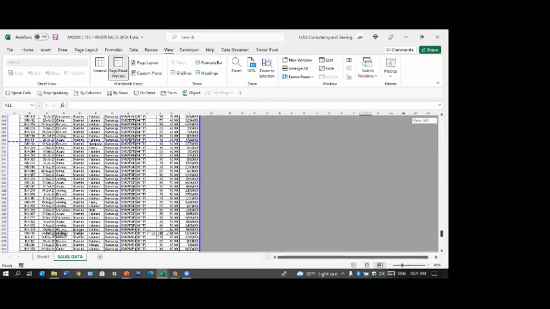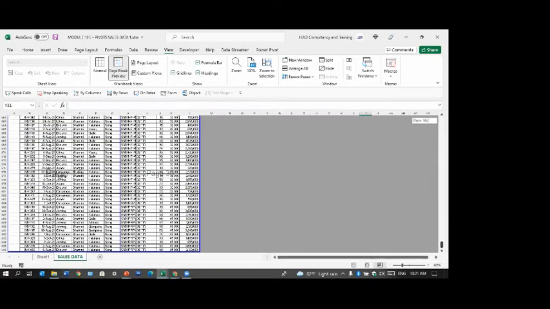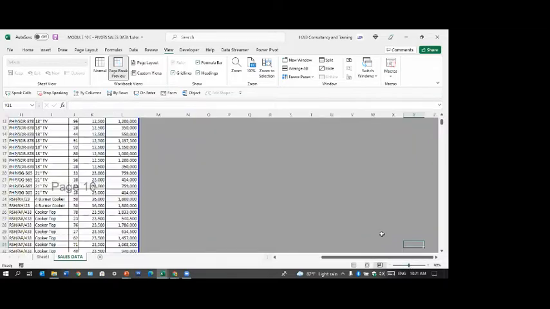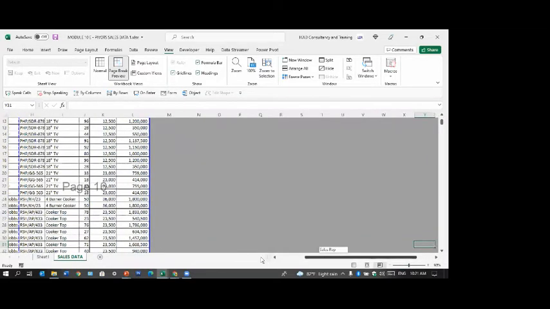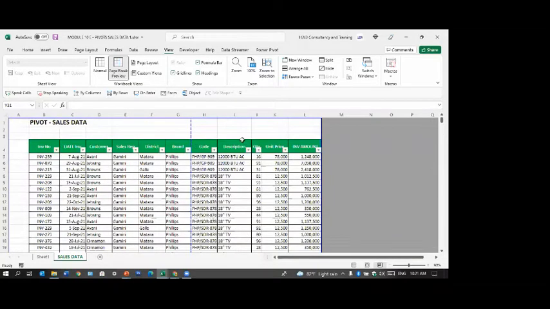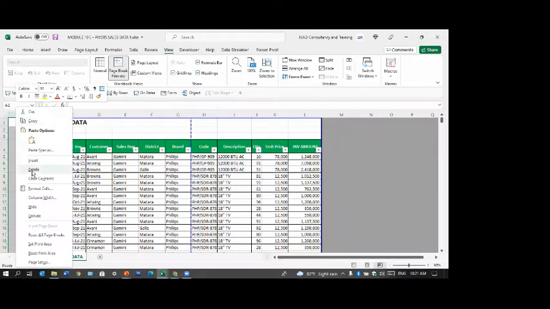After page number 15, the balance part of all the pages, this part will come as page 16. So what we can do is delete this and see whether it moves now.